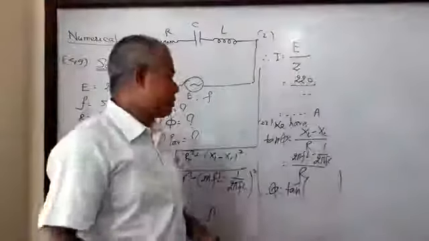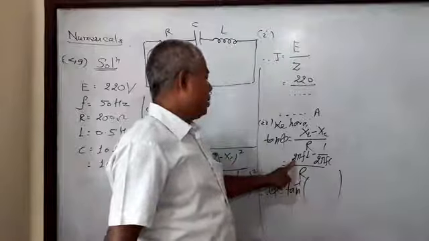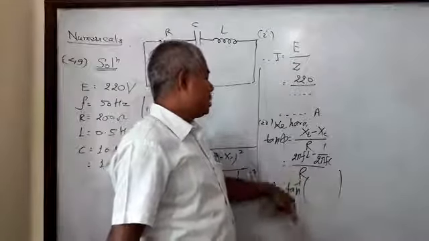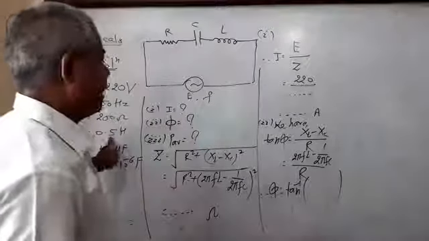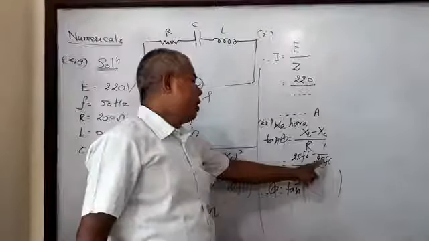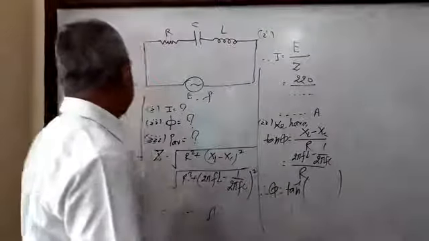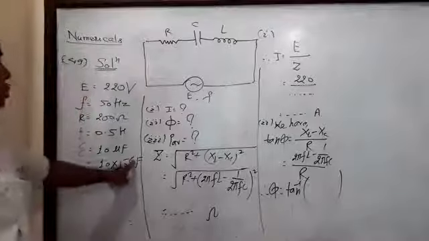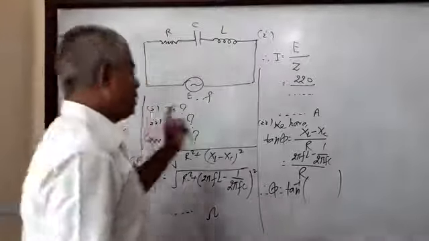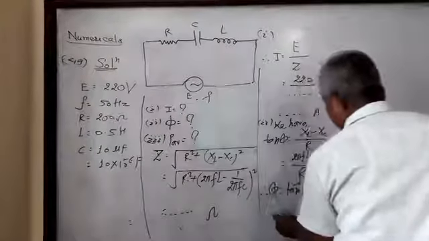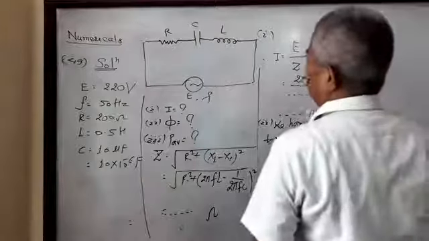Now use this equation. 2 is well known, that is constant, pi is constant, frequency is given to us, whose value is 50 Hz, and L has value 0.5 Henry. In the second part, 2 pi F is the same, 50 Hz, and capacitance is 10 into 10 to the minus 6 farad, and resistance has value 200 ohm. Then evaluate the value of phase angle, again in degrees. Now the second part is also determined.